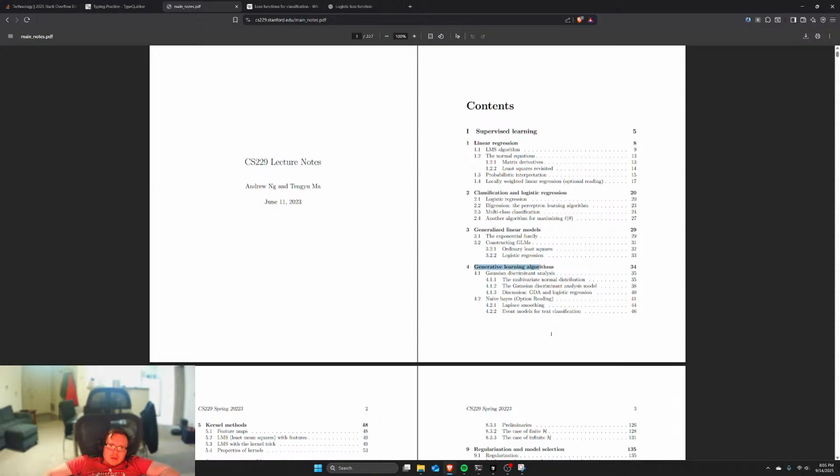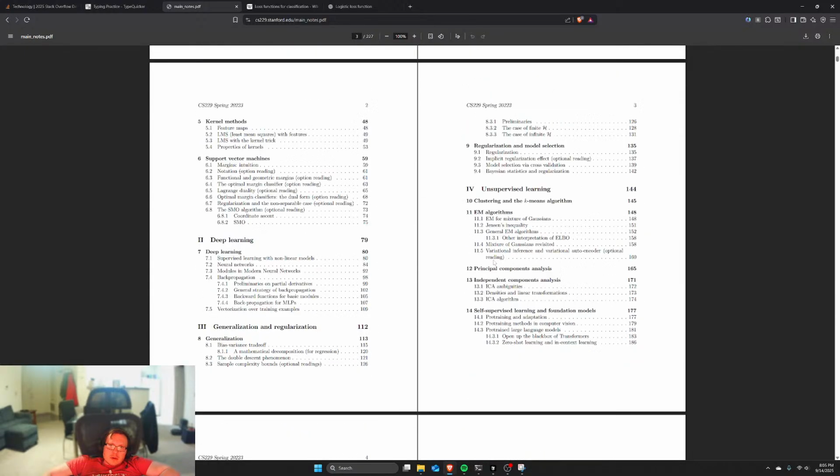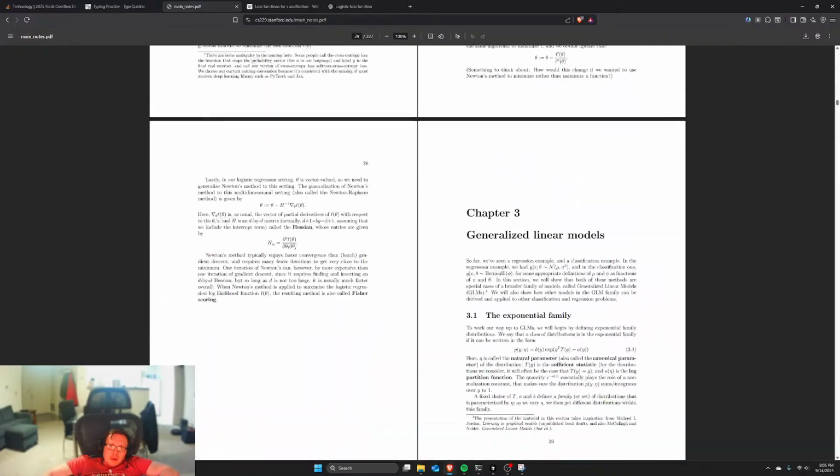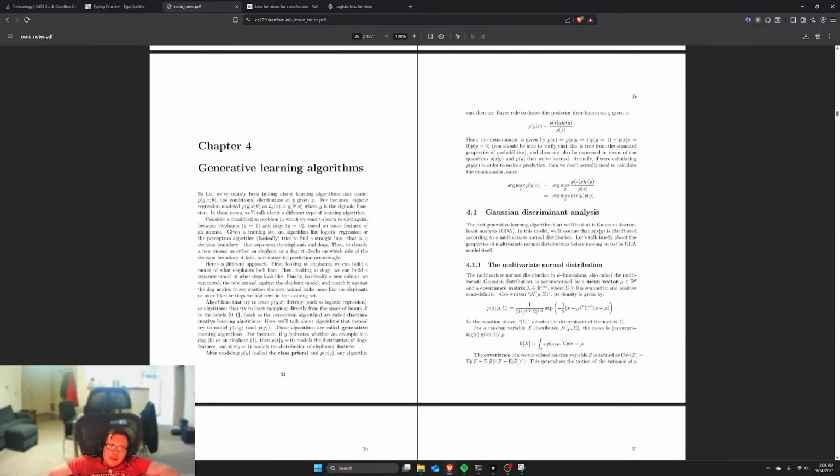So what is generative learning here? So that's 34. Cool. I'm done for the